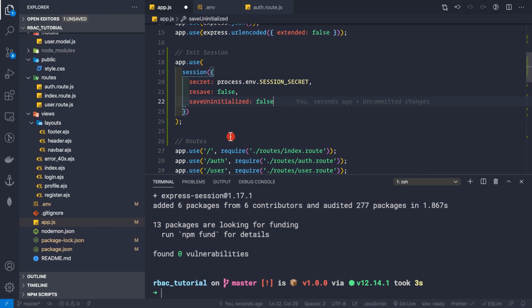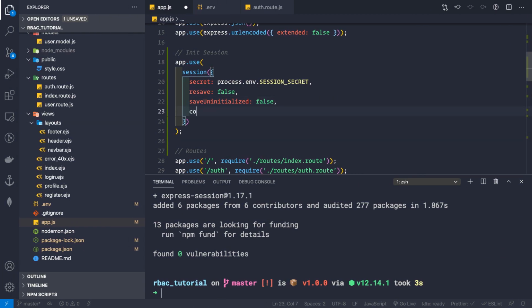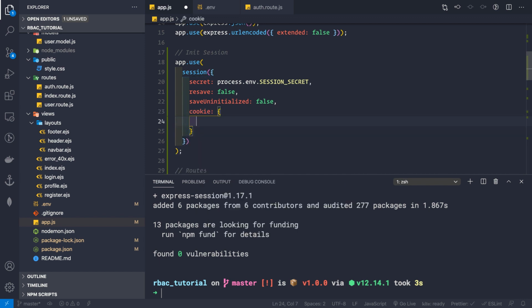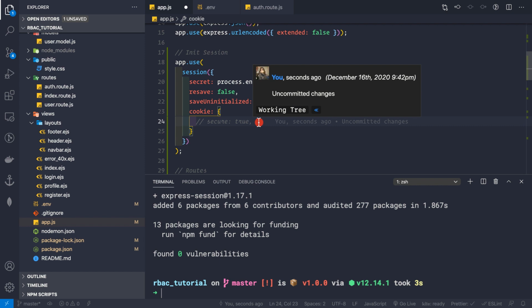And then we need to provide one more property, that is cookie. We are not going to use this cookie for the Express Flash messages, but since we are initializing our session, why not initialize the cookies also. And here we'll pass secure to be true, but you can only use this flag, that is secure true, only when you are using an HTTPS server, not an HTTP server. Since we are in the development mode and we do not have an HTTPS server, we are commenting this out.